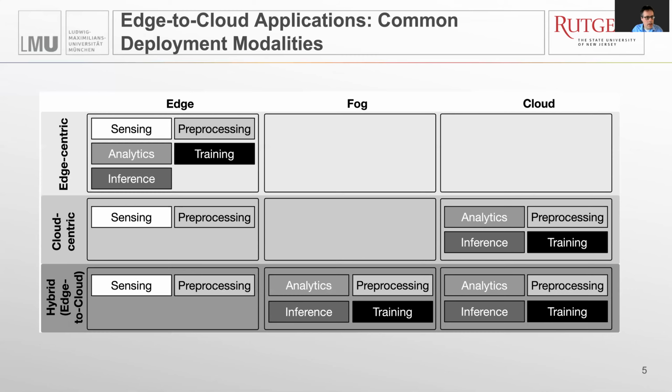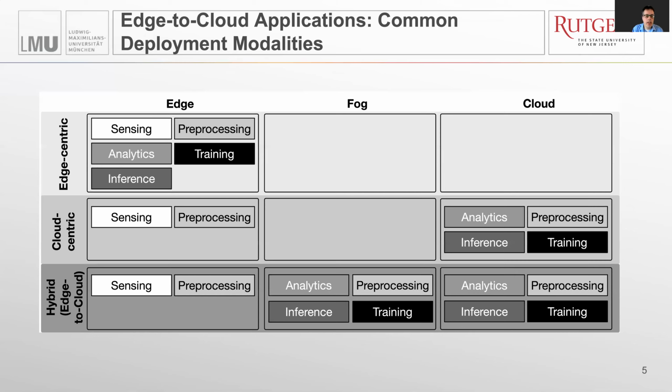So what we see now is the newest trend: so-called hybrid applications that really want to utilize every layer of the infrastructure and optimally place every task very close to the data and on the right layer to respond to that. However, progress has been hampered by the need to overcome a diverse set of resources, and